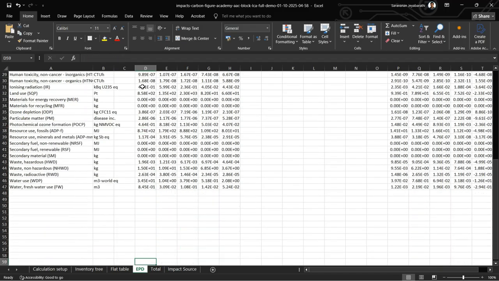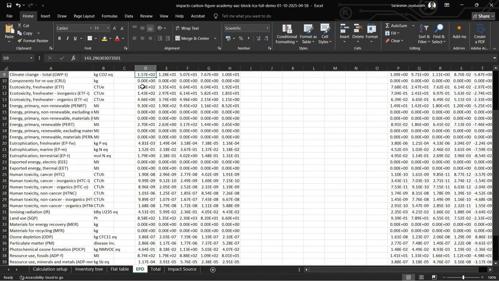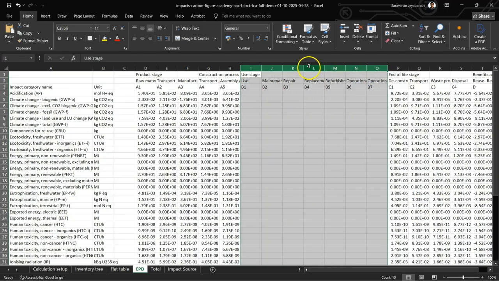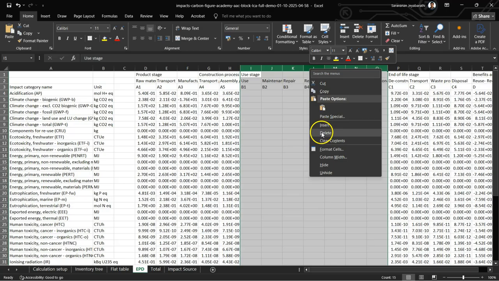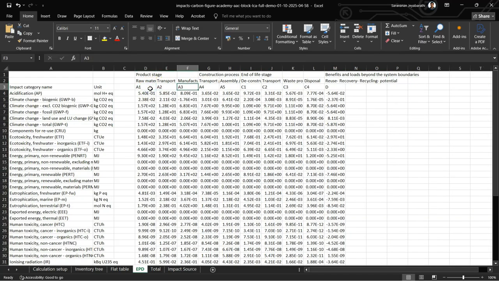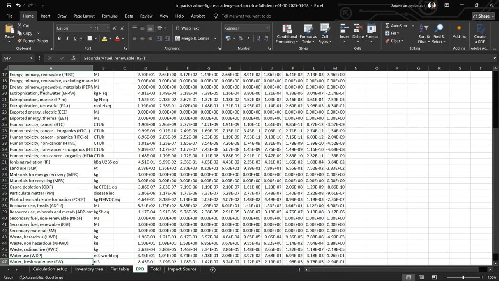So you may wonder whether the computer is generating these or they are manually calculated. It is both, right? So you just ignore the B stage because we don't want to see that. I just delete them. You can see it here: A1, A2, A3, A4, A5, C1, C2, C3, C4 and D, right? And these are all the total impact categories for a typical